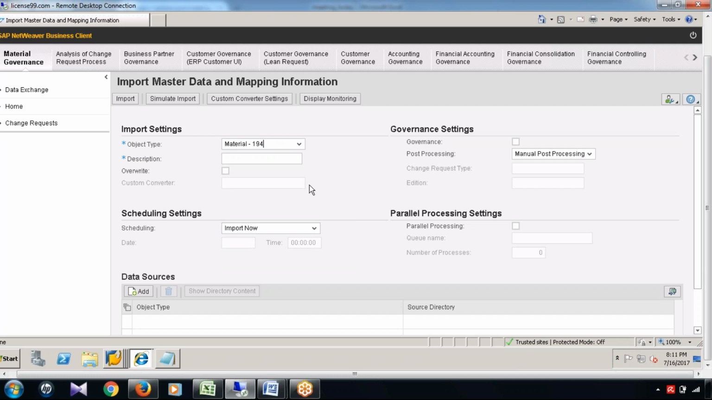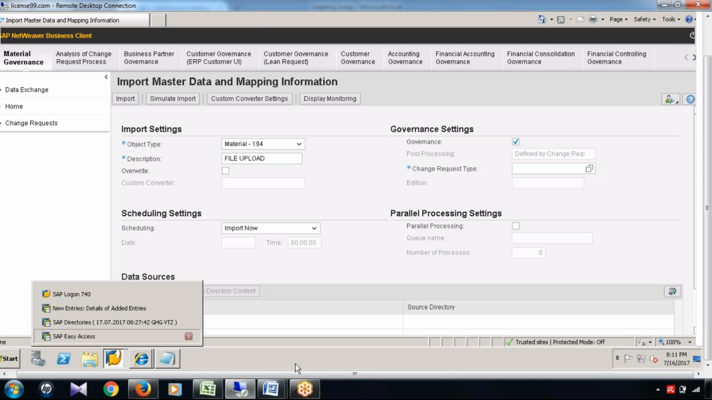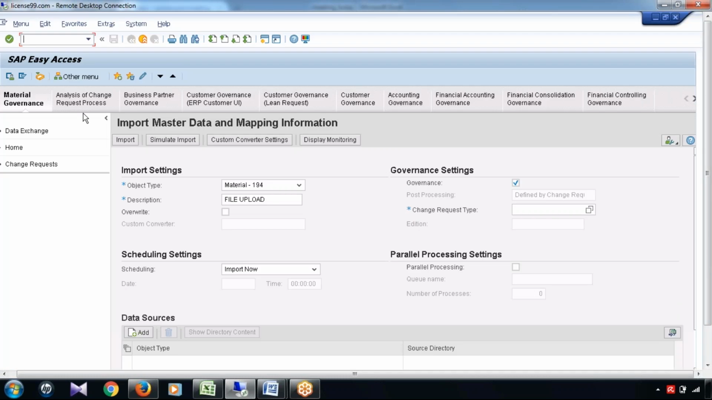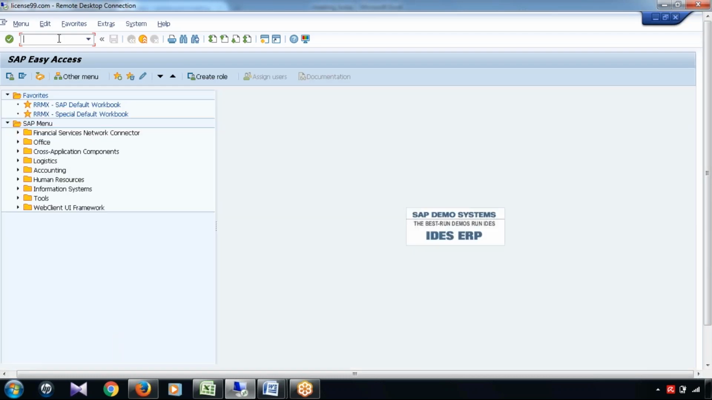Now, give some description like file upload. Now, the governance. Do you really want the governance activity? Of course, I want the governance process. Now the respective change request type. For a file upload, we also have a certain change request. What is that? For a material file upload, the change request number is